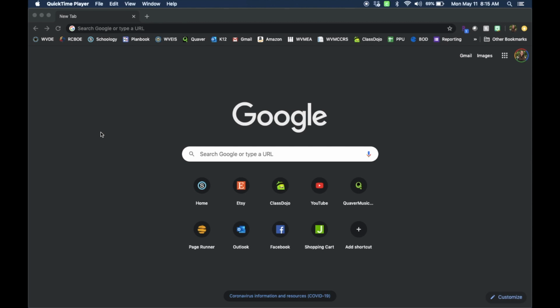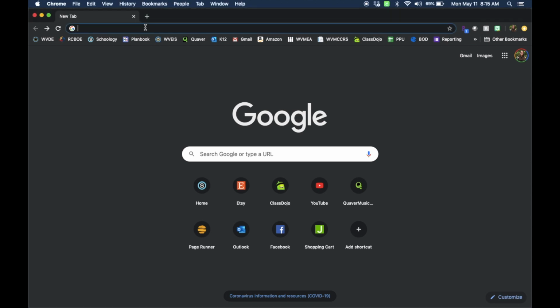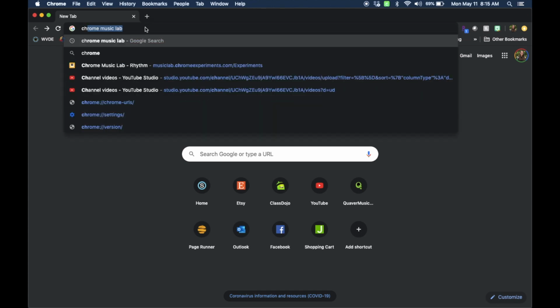We're going to continue our series of learning how to work the different Chrome Music Lab applications, and I teased on Monday that today we're going to be looking at the SongMaker application in the Music Lab. So just like before, we're going to Google search Chrome Music